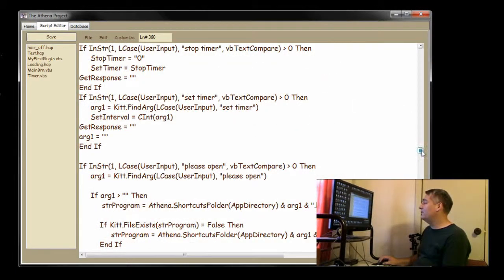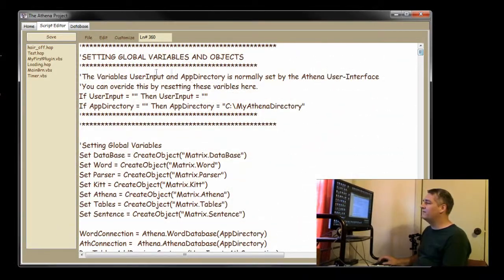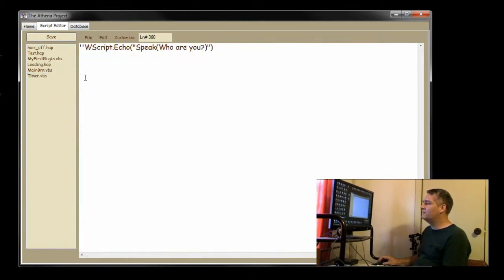Now, another particular script I wanted to show you real quick is the timer script. Now, this is real simple. I put 2 comments on there for some reason. It says W script echo speak. Who are you? So whatever you